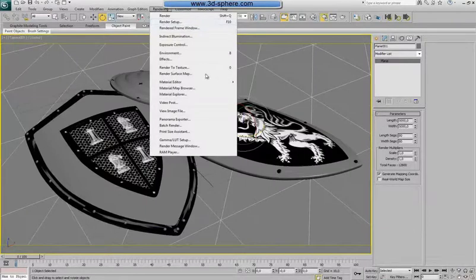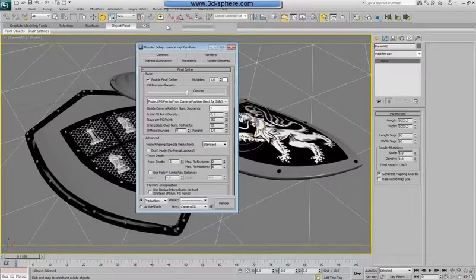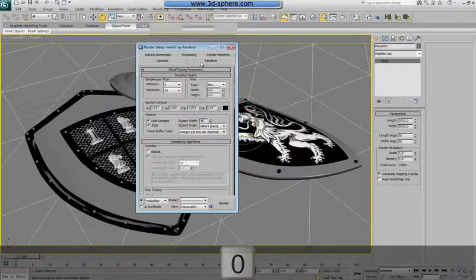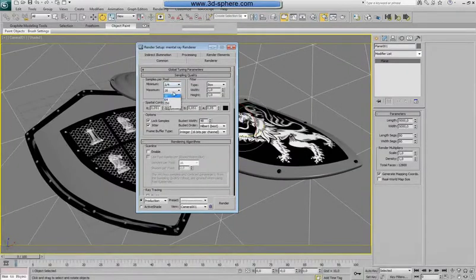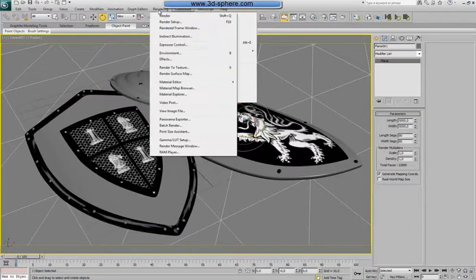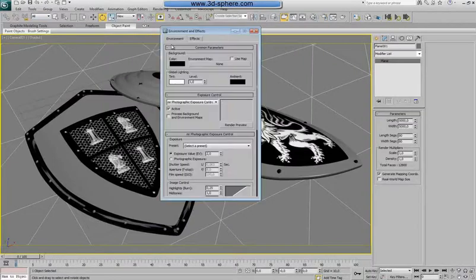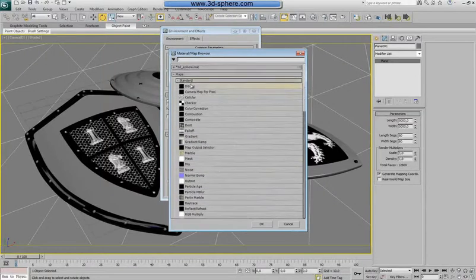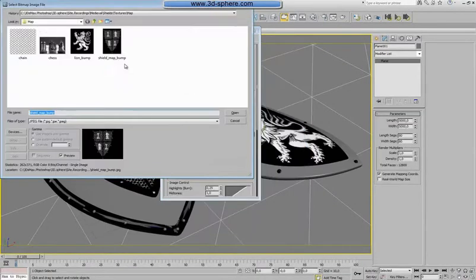To render setup, I will pull down everything, like the settings and stuff like that. And okay, to 50, because we are going to adjust the exposure. We don't need any high settings so far. So I'll just go to exposure control, and I forgot almost. Let's put here the HDR map. I will use again like before